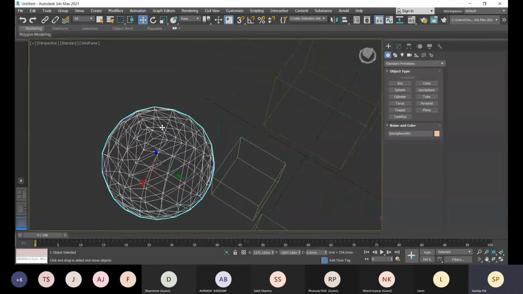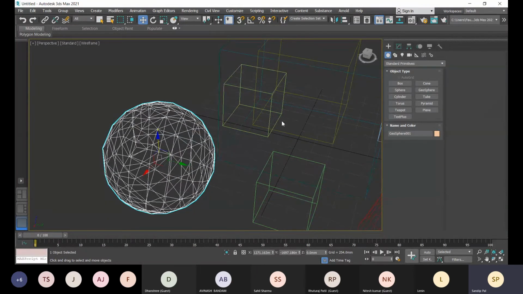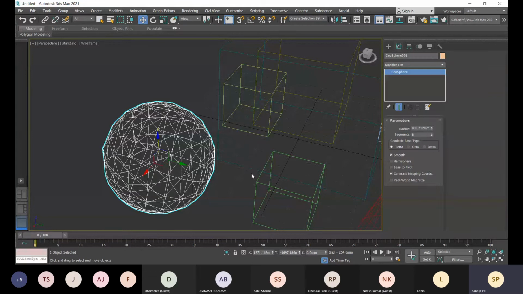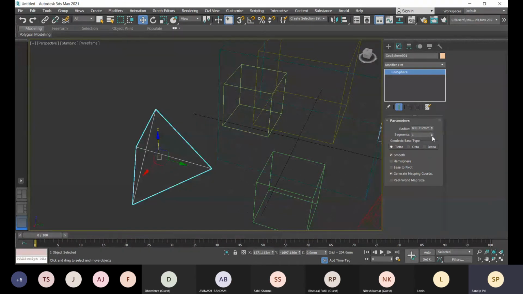I'm not getting that parameter option. So when you create it, after creation you can change the parameters, and if you select any other object, then you have to go to the modify option and select this. Then again you can modify it. If you change the segments, here you see.